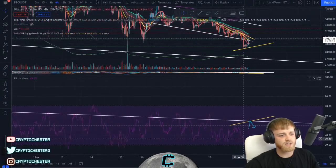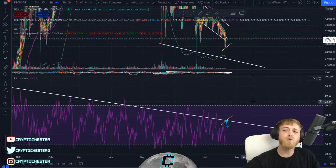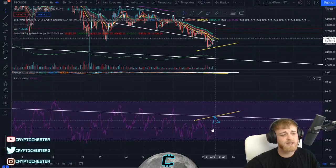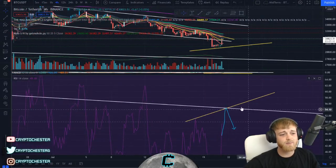Oh no, I didn't actually touch on this zone here. We do have a downward sloping resistance line, which we've been referencing for quite a while. The OGs on the channel, we know we've been looking at this for quite a while, right? So if we do see any sort of progressionary pump to the upside here for Bitcoin, it's going to be signifying